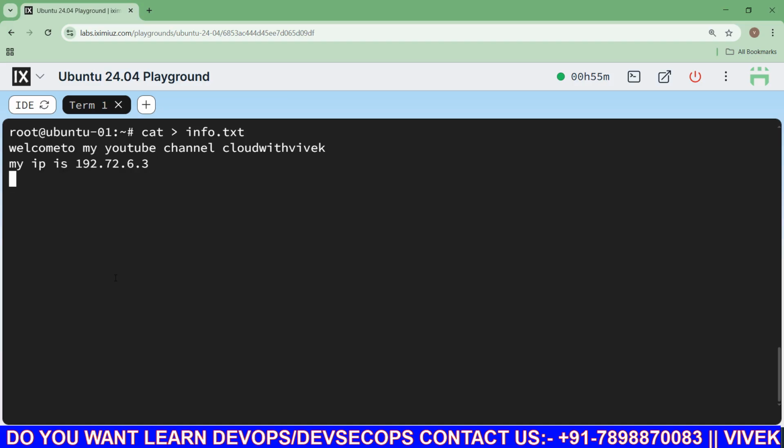After that I want to save this file, so you will press Control D. What you will press? Control D. So your file will be saved. Again I want to read the content, so cat info.txt. So guys, here info.txt means the info.txt file exists in the current location, so I only give the name of the file. But if info.txt is available in a different location, then I have to give the proper path. So I press enter, and you can see that I can read the content of my file. So this is the way you can create a file.